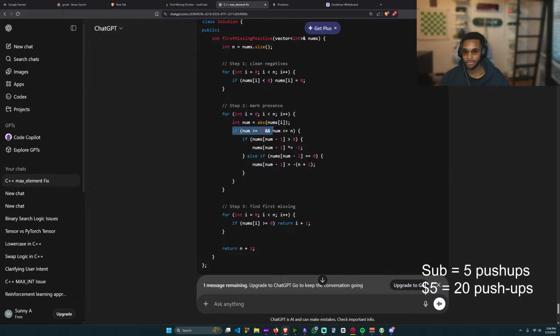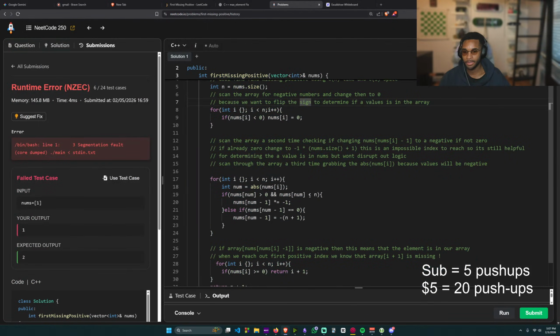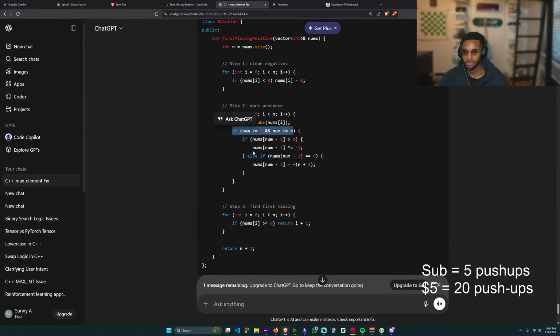The current number is between 1 and n. That means it has a variable. We're doing minus 1 to convert it to negative. If it's greater than 0,